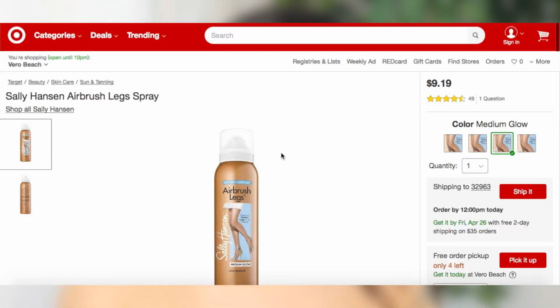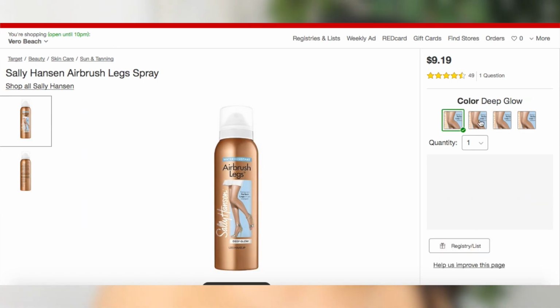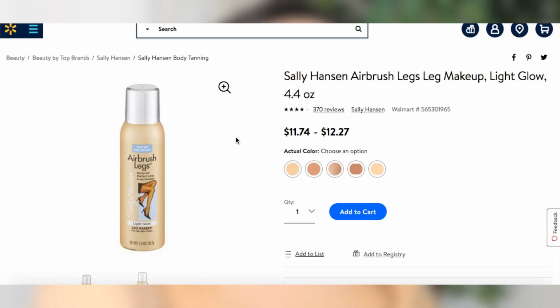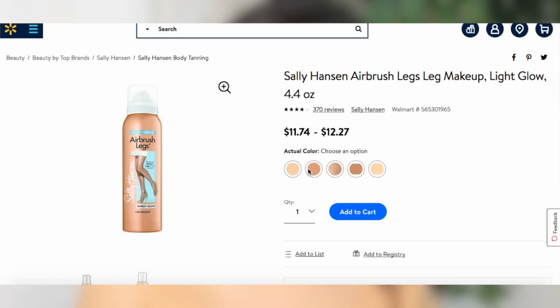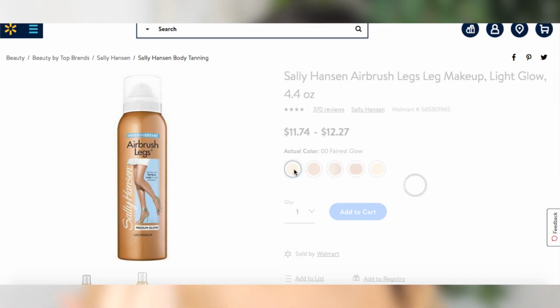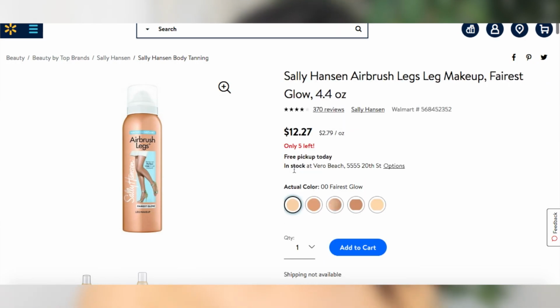At Target, the price is $9.19, and that's the online price. In store, it was $11.89. So that's interesting. Their online price is cheaper. And then Walmart was the cheapest place for pretty much everything. Online, they have different prices for each shade. So maybe it's just based on what they have in stock online. But it ranges from $11.74 to $12.27. And in store, it was